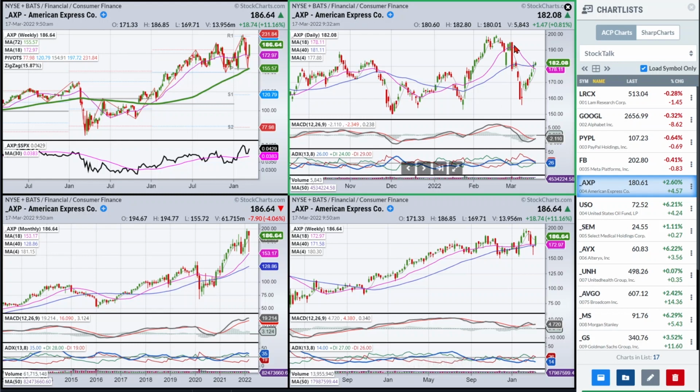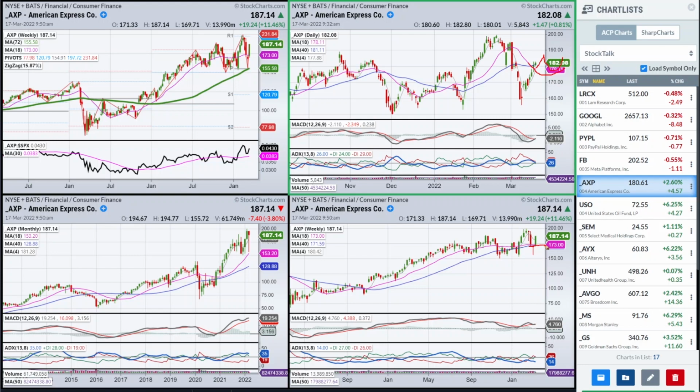Now, if I go to the daily chart, yeah, price is above the 18, but the 18 is declining and it's below the 40. So I'm not necessarily considering this to be an uptrend at this point, okay? We're probably going to need a little bit more time to get this chart to actually get in line. And I bet what's going to happen is this is going to cup around. Price might move up and then come back down and test. Now that would look a little bit more attractive to me.